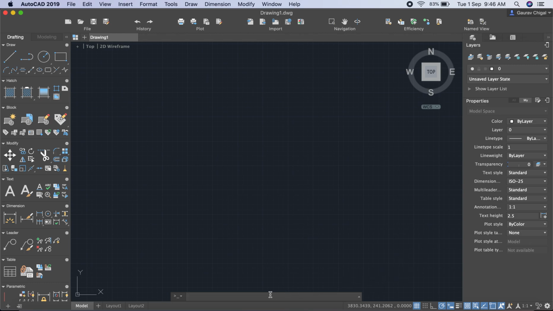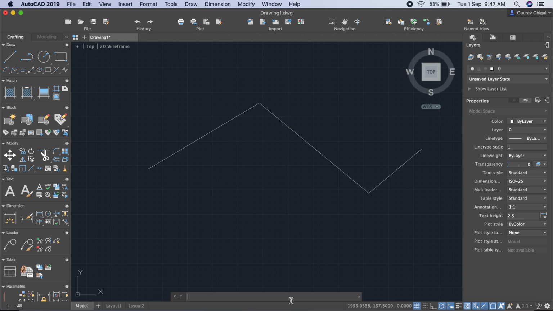On the bottom of the screen you see a command input bar. It is used for inputting the commands with the help of keyboard. Now if someone wants to draw with the help of keyboard, then you just use this command input bar. Further, you can draw also from this command ribbon. Just select the icon and draw anything on the screen, just like I selected the line icon, and escape it with the help of escape button on the keyboard.